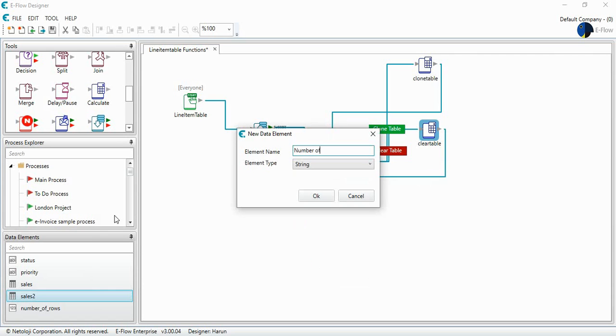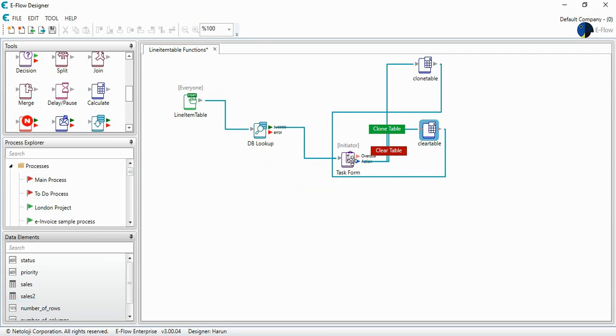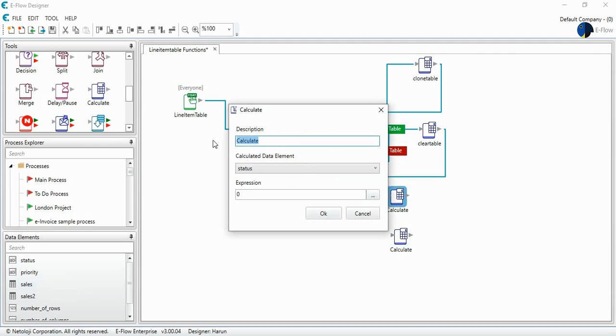and number of columns, again numeric, and then I will need again two calculate tools, one for number of rows and the other for number of columns. I just say